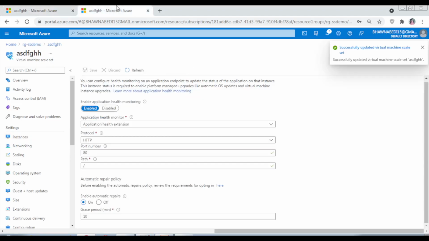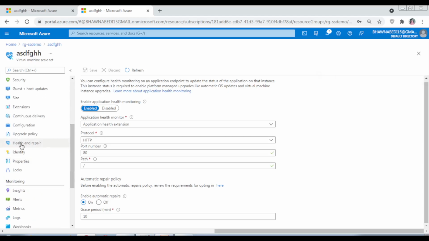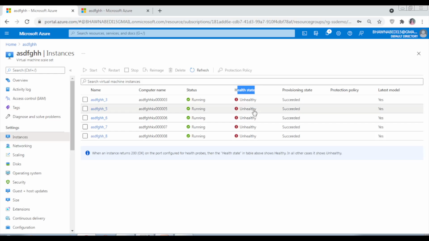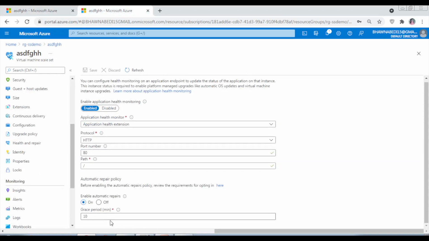Now, if I go back to the instance over here, which I actually configured, which is health and repair, if you go down, you will also see that there is an option of enable automatic repairs. So I have set it to on and the grace period is 10 minutes. So what does this 10 minutes mean? Let's say I have created these VMs just now, right? So we might want to give all the VMs some set of time, let's say 30 minutes or 10 minutes, to come to a healthy balanced state.